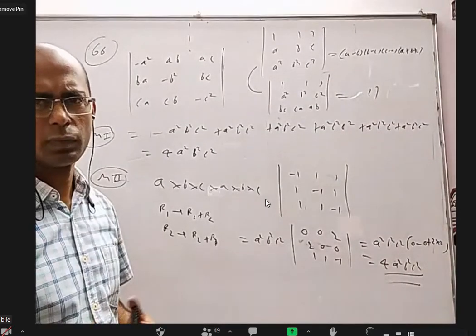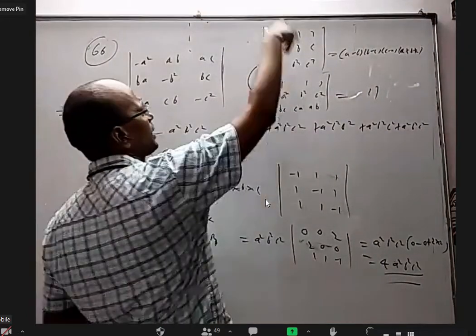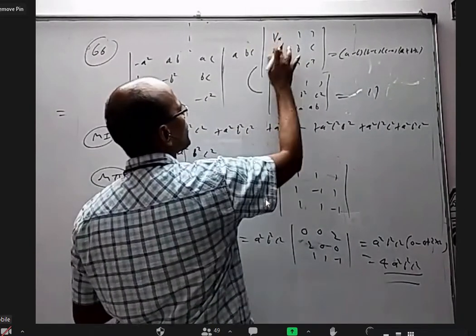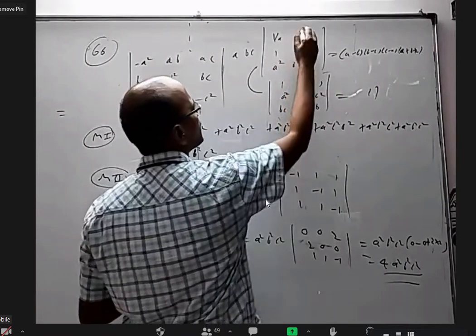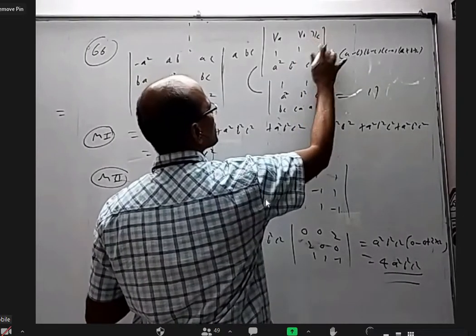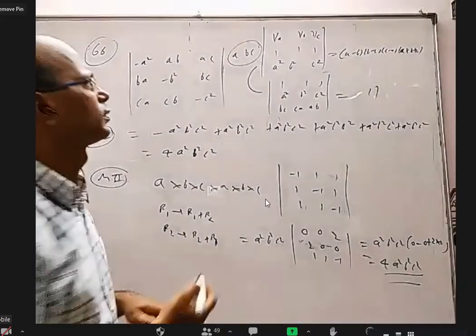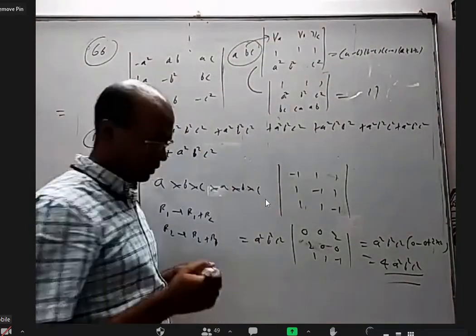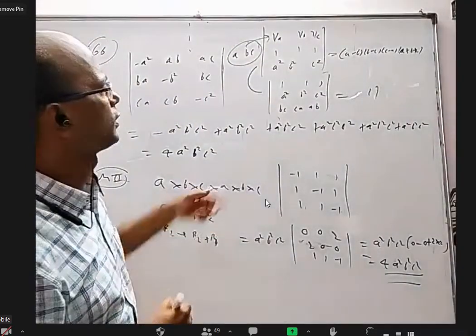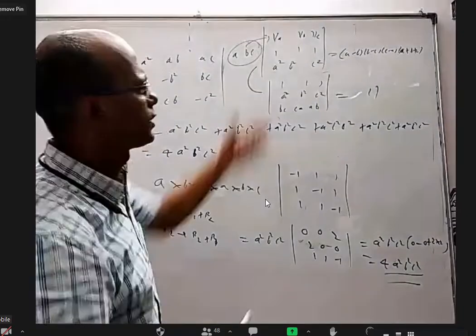Sir, we should take ABC common from C1, C2, C3, sir, from the first determinant. Yeah, if you take ABC common, you will get here A, here B, here C. You will get A into B into C. This will become 1 by A, 1, and A square. This will become 1 by B, 1 and B square. This will become 1 by C, 1 and C square. And what to do with that ABC? We should multiply with the first row. Then you will get BC, CA and AB. Now rearrange it. We want this to be here, this to be here, and this to be down. So cyclic order, no change. That's why the answers are the same.